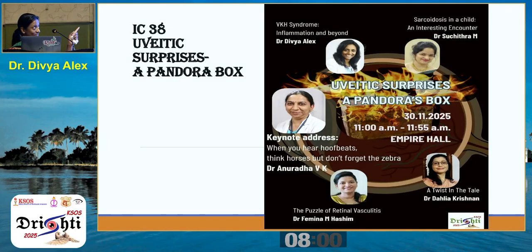So, good morning, all. I think we all agree that in the management of uveitis, reaching a diagnosis is challenging, because of the varied presentation and the potential mimickers. So, when we see a case of uveitis, we make a provisional diagnosis based on the presentation, the pattern recognition, the ancillary tests and investigations, and start with either the specific therapy or an empirical therapy. And during the course of empirical therapy, if the response is good, we are confirmed of the diagnosis.